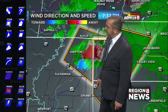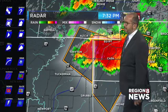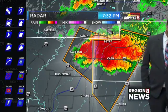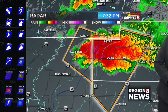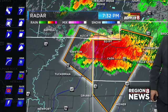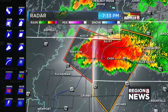Yeah, and I think those brighter colors are a little bit of silo contamination. So I think it's making it look a little bit worse than it actually is. And it's not really on center where you would get that rotation or tornado to form. But still some broad rotation, definitely worth watching. Still, probably some heavy rain, lightning, and some smaller hail mixed in there. That's probably the main threats with that storm